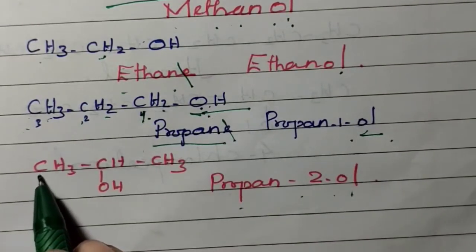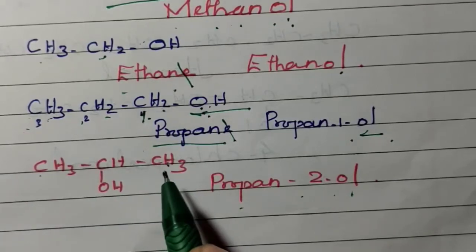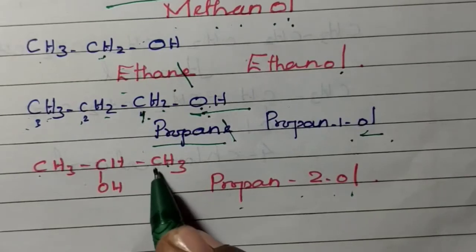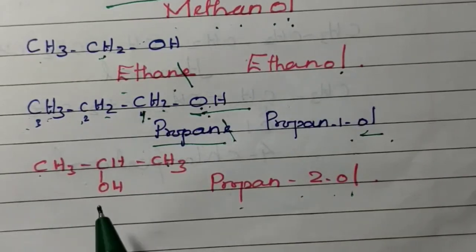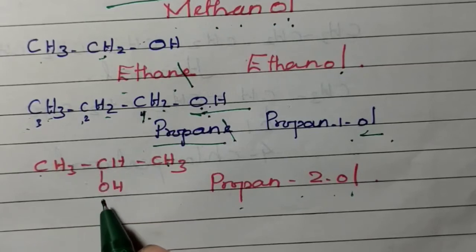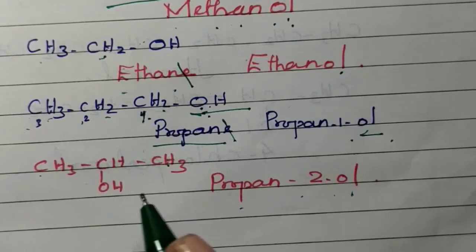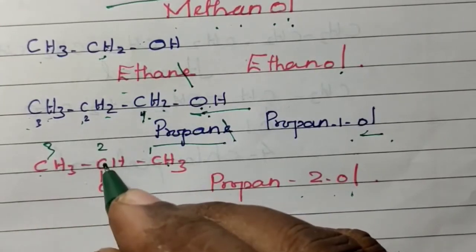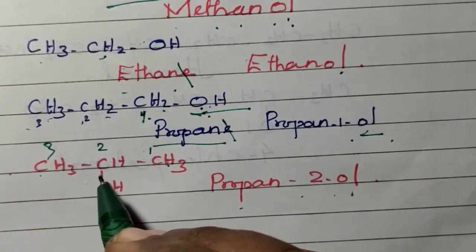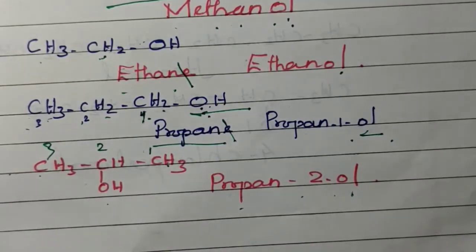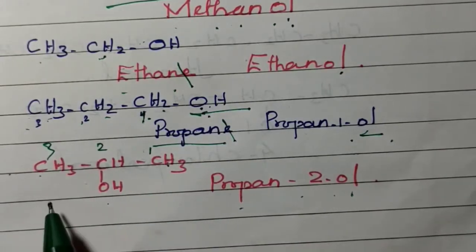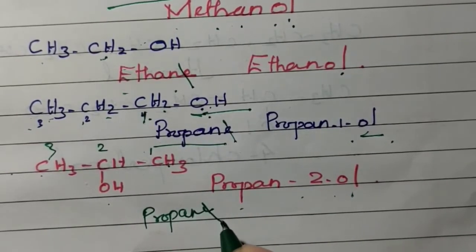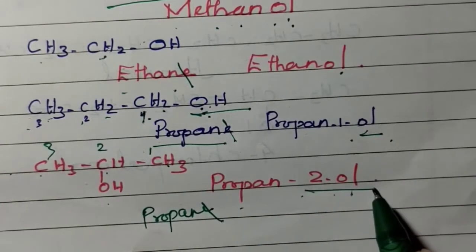Write the IUPAC name of this compound. Here also the number of carbon atoms is 3. When there are three, we have to give numbers. While giving numbers, we can number from either side, but the only condition is that the carbon atom which carries the OH group should get the least number. Numbering from this side, it gets second carbon atom; from the other side also it gets second carbon atom, so you can number from any side. As usual, three carbon atoms, so the name is propane. Remove the last E; instead the second carbon atom contains OL, that is the OH group.